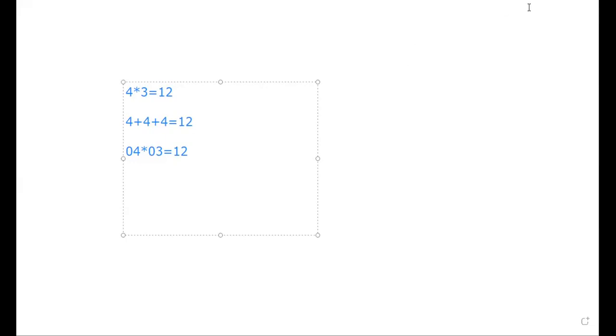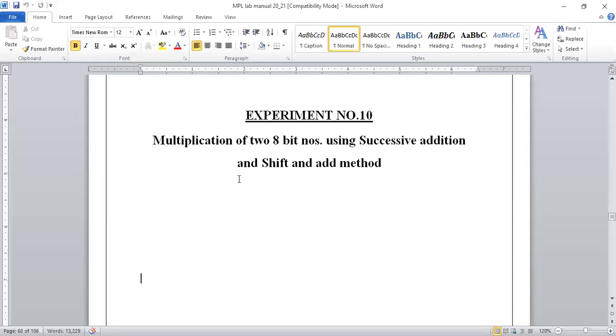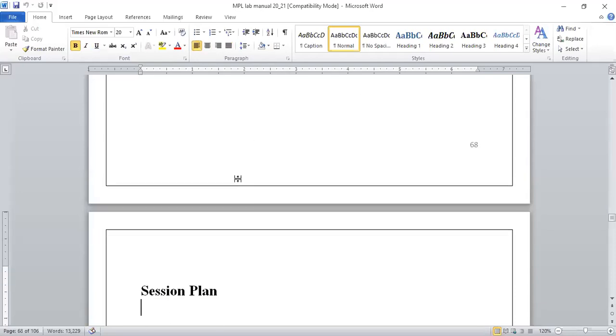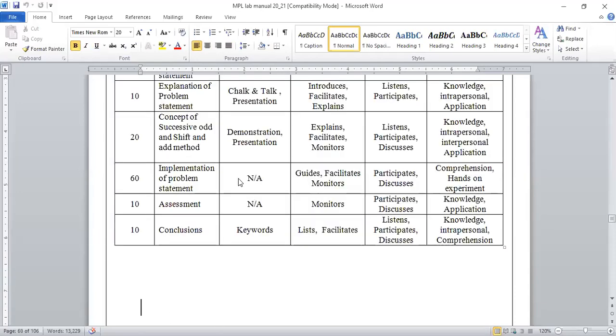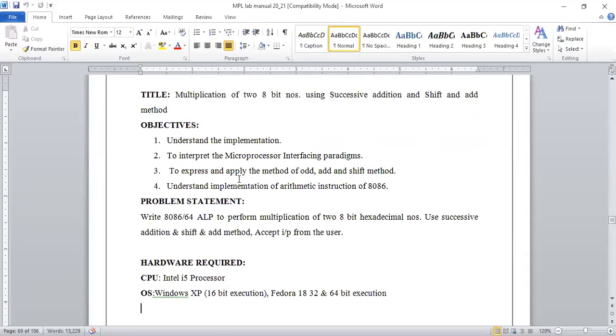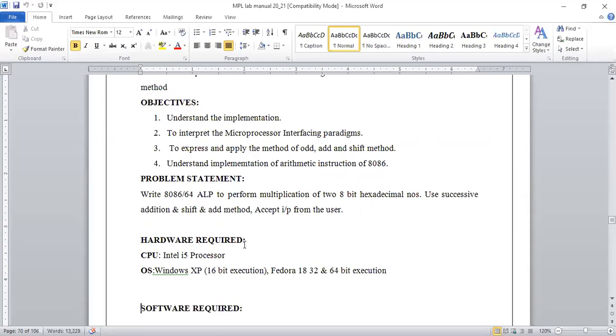So this assignment has two parts. The first is successive addition, which I have already described, that is your normal way of implementing this. The second is the shift and add method, where with the help of some rotate and add we perform this operation.